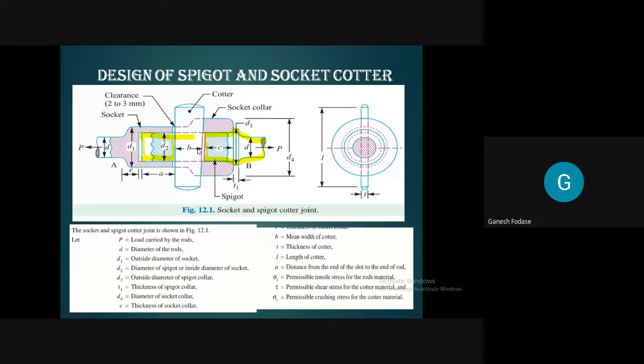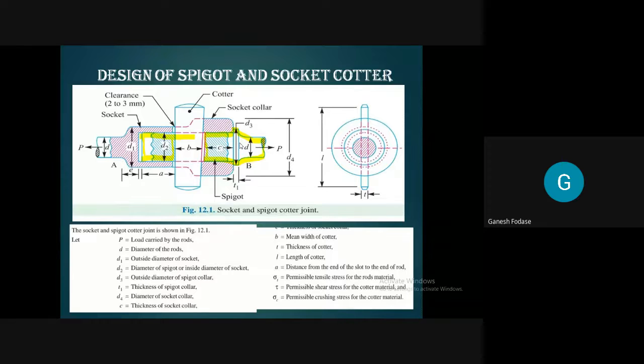Then which kind of failure you are expecting? Where you are expecting failure? At which point of the quarter, if the quarter gets displaced through any external forces? Yes, so it will get removed. The joint will fail, sir. Okay. You are talking about the quarter getting removed, then the joint will separate. The two will separate out. But they are going to fix that, so that chance will be less.